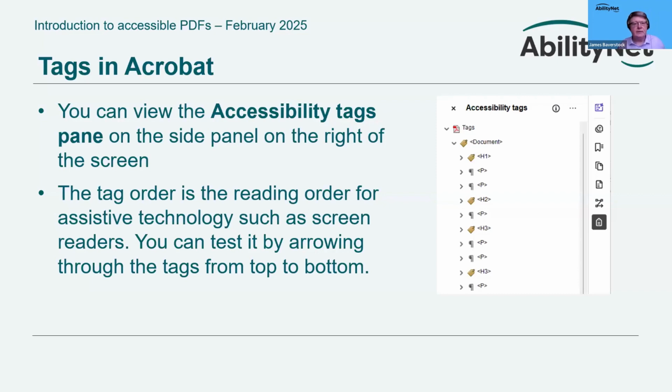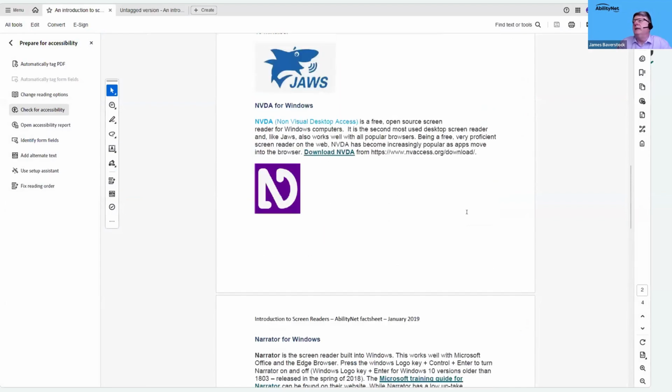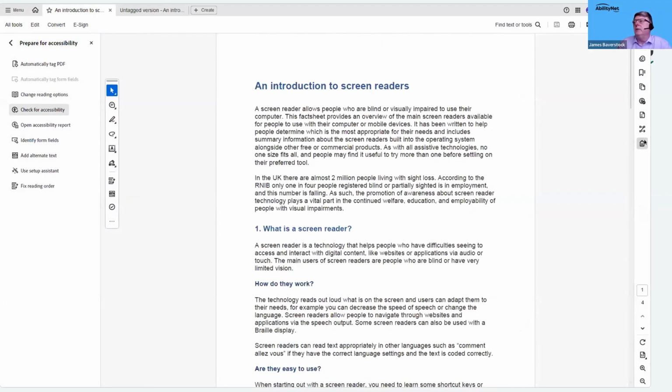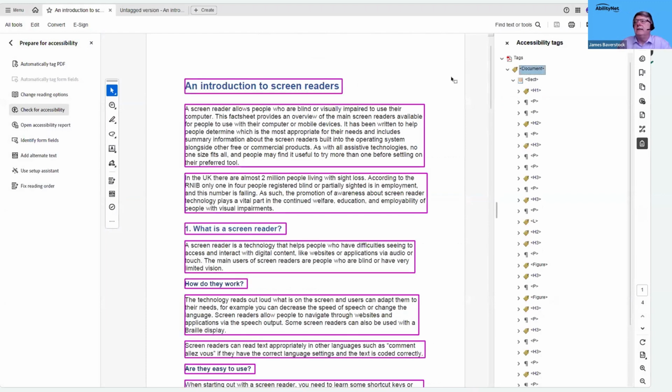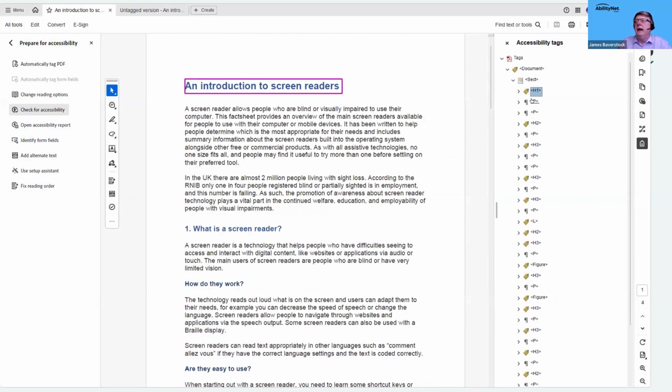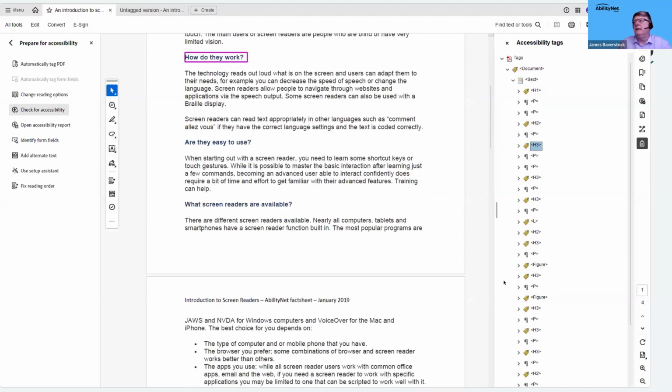And I'll demonstrate this if we go back to our document. So I'm going to close the accessibility checker here. Let's go back to the first page. And then on the right-hand side of the screen, I'm going to open up my accessibility tags panel. And here are my tags in the document. So you can see I've got a document tag that's the container tag for all of my tags. And then I've got an H1 tag here for my main heading, because this is the main heading in the document, a paragraph tag for this paragraph, an H2 tag for the next heading level down, an H3 tag for the next heading level down after that, and so on through the